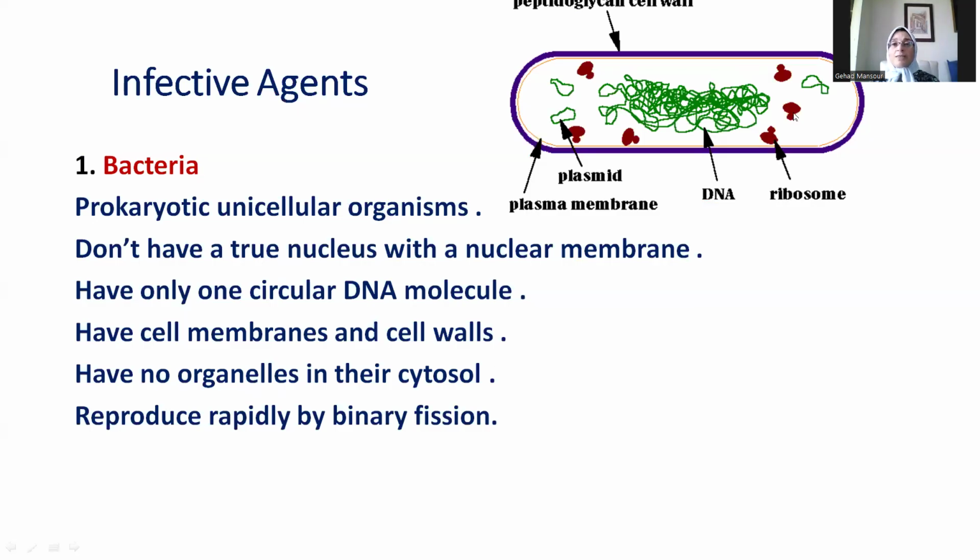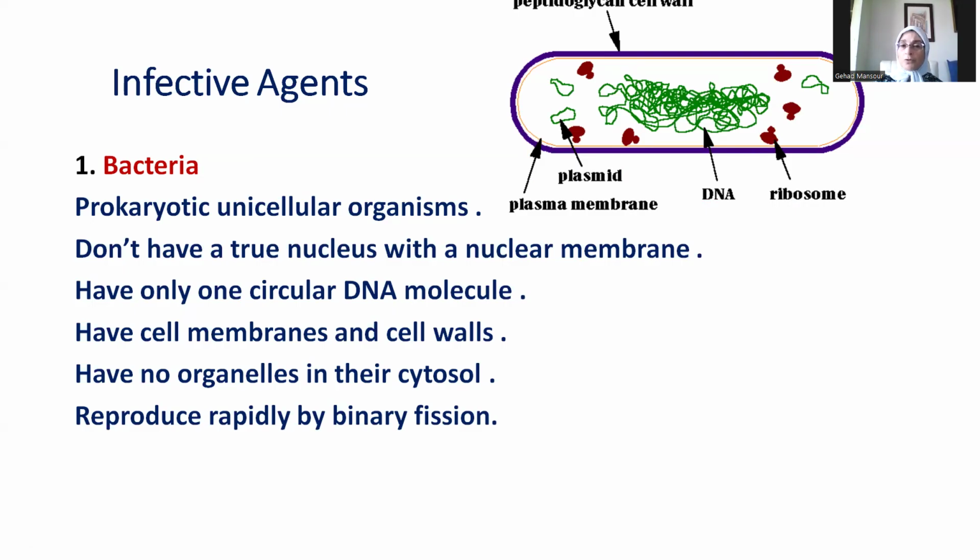Coming to the organelles, they have ribosomes, and so what? All living cells should have ribosomes because the ribosomes are small organelles. An organelle is a small specialized structure, usually surrounded by a membrane, but here the ribosomes are the only organelles that are not surrounded by a membrane, and that's why they're present in bacteria and they are the sites of protein synthesis.